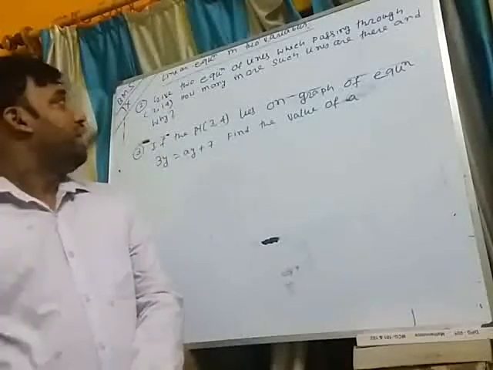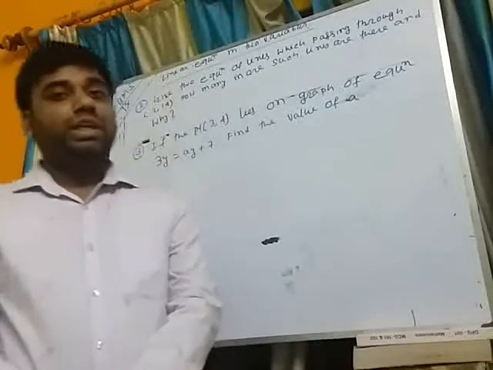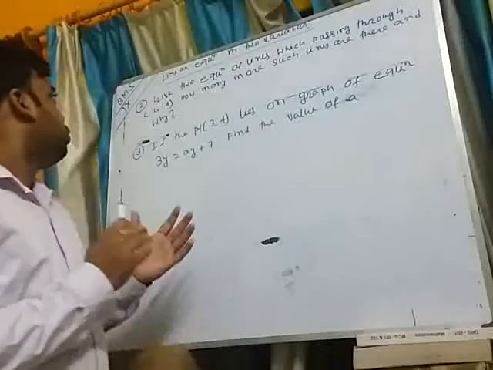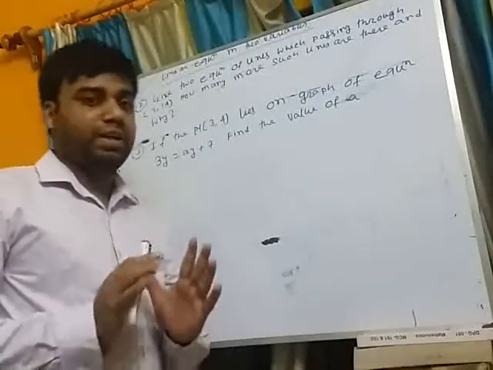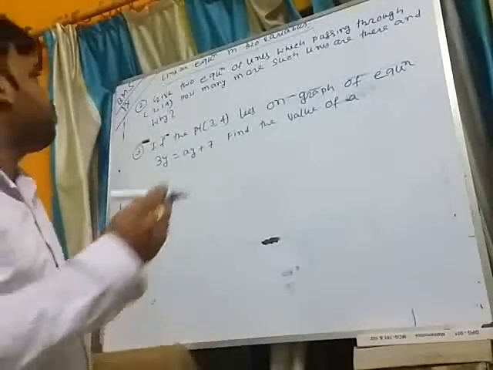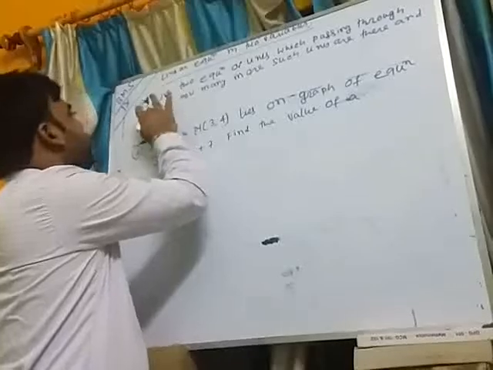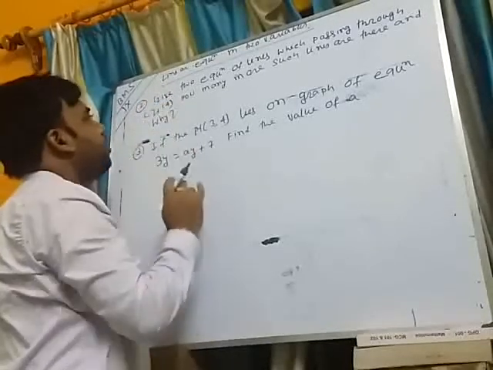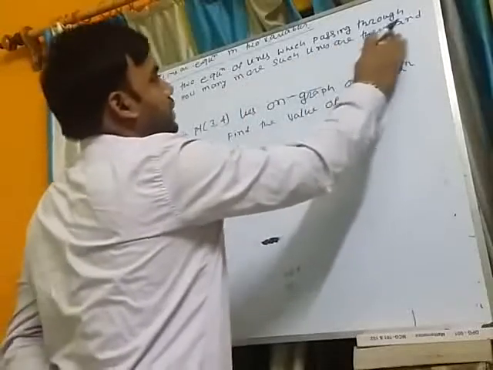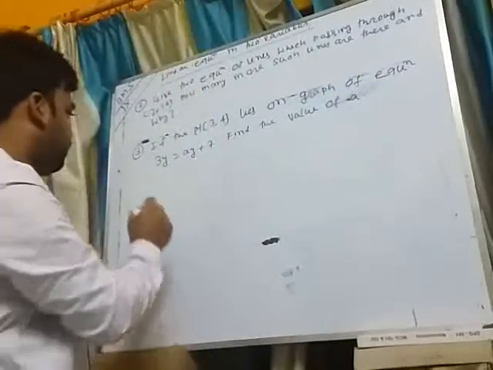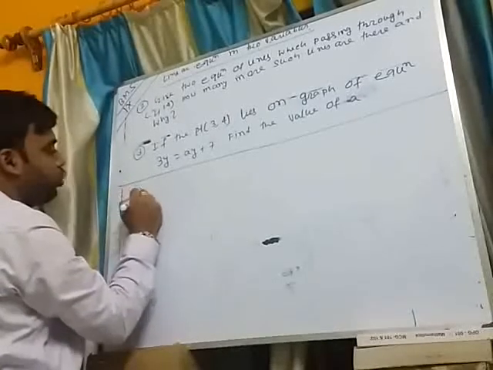Today I will start exercise 4.3 of class 9, linear equations in two variables. Today we will solve sums number 2, 3, 4 and 5. Sum number 2: give two equations of lines which pass through the point (2, 14). And the second question is, how many more such lines are there and why? Now I am solving question number 2.